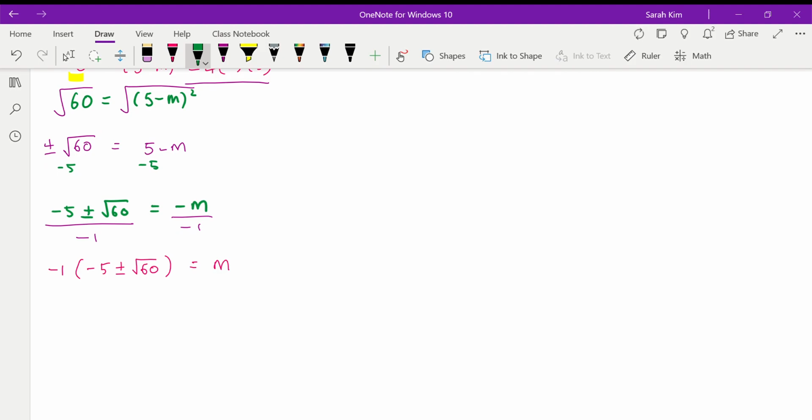So I'm just going to put that in the calculator. Choose one option, put it in the calculator. So I get 5 take 2 square root 15 as one of my answers, which is approximately minus 2.75,